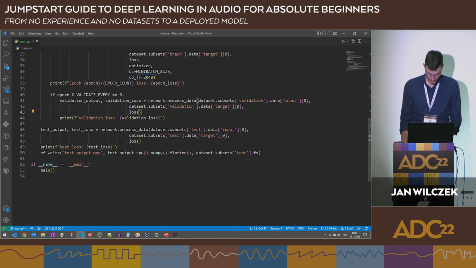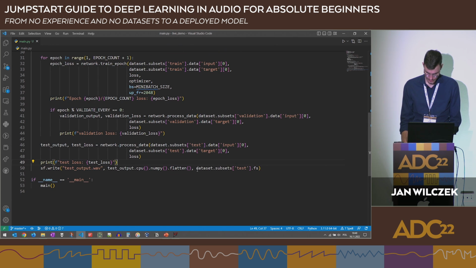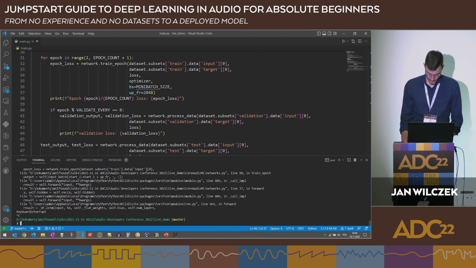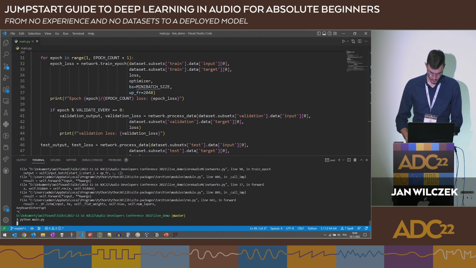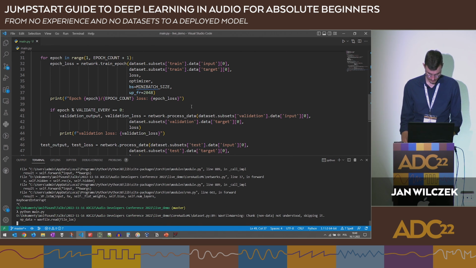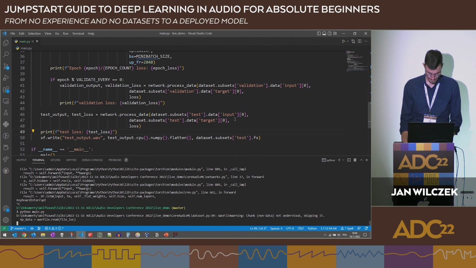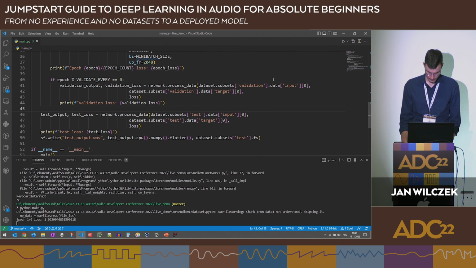Okay. Looks good. It's always worth to run it, for example, for one epoch and then see everything, but actually I think we'll take the risk and start training. All right, so while it is training,